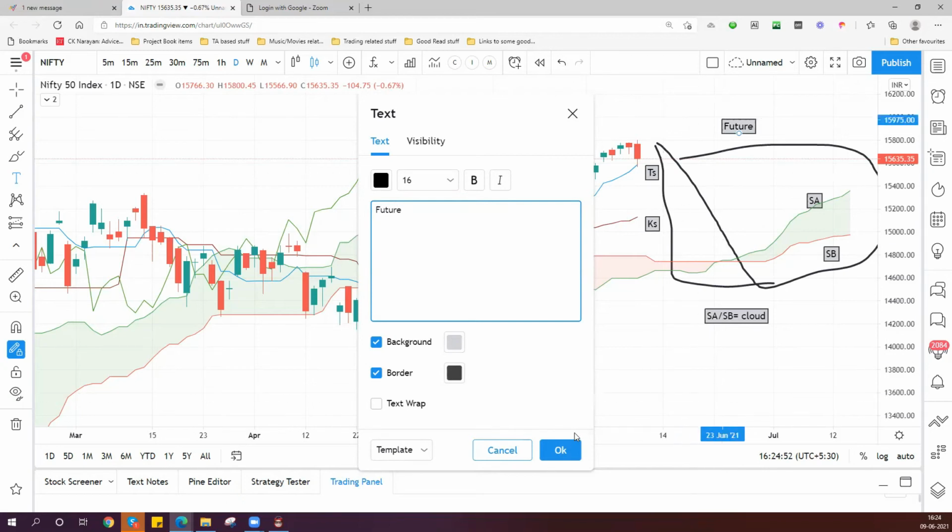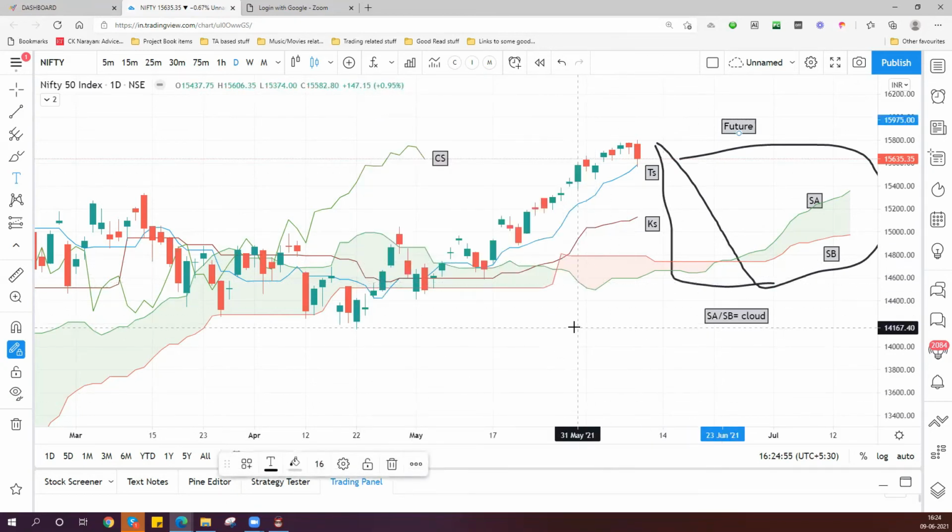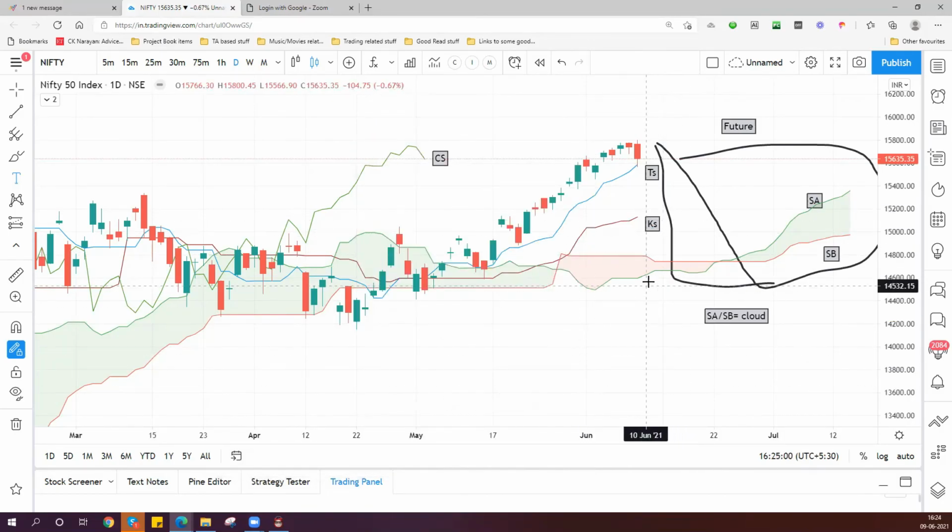That means this is the same cloud which is here, right? And that is projected into the future, right? Now, this is another line. The CS line is something which takes a reading from here, the current price, and projects it into the past. So you have all data derived from the present. Some are plotted in the present, some are plotted into the future, and some are plotted into the past. That is the basis for the Ichimoku system.